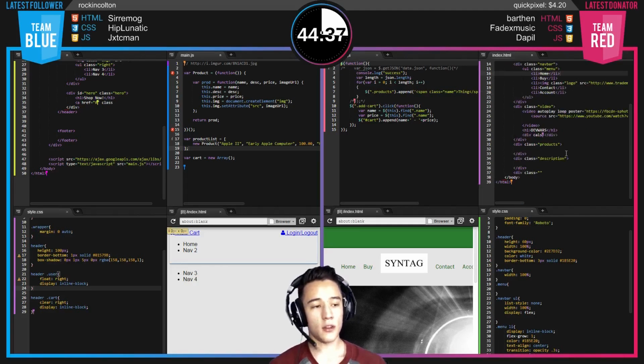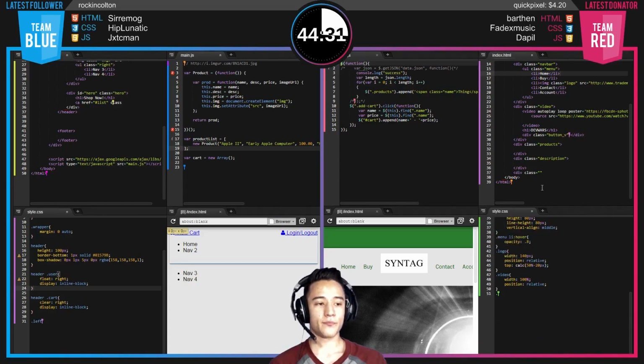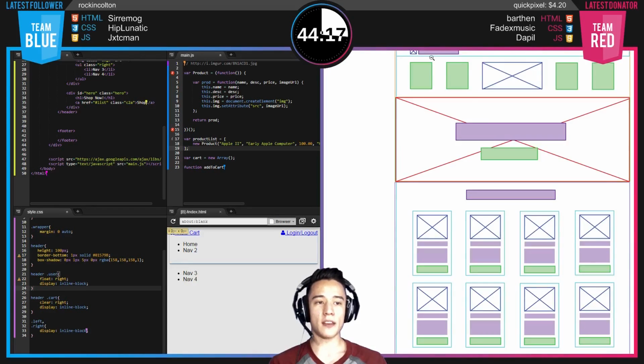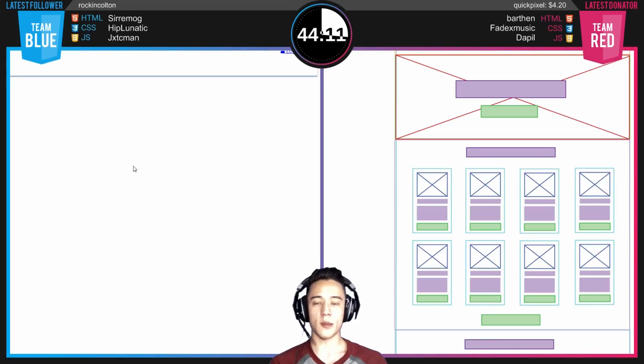Over here below that, we see they do have their product class selected and everything like that. Their description class, we didn't say it was called a product class or a description class or whatever they named it, and that's fine because both teams should have a different interpretation of this wireframe. So let's go ahead and see what the blue team has so far